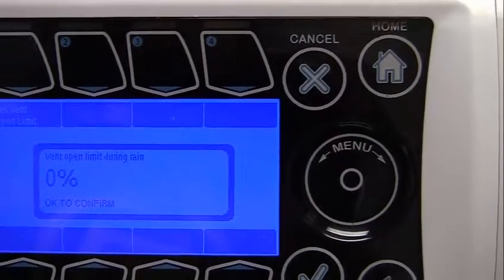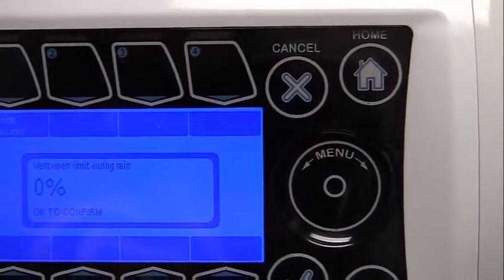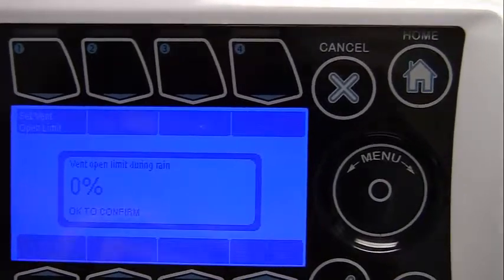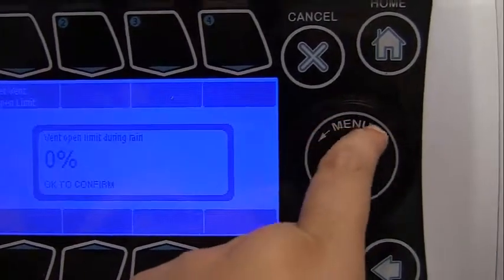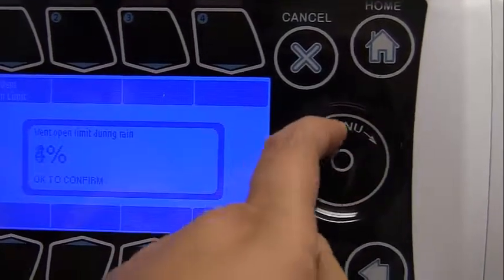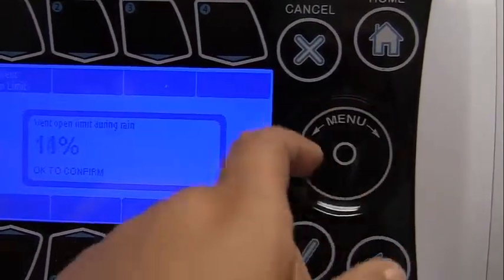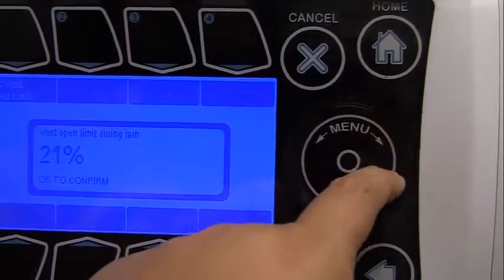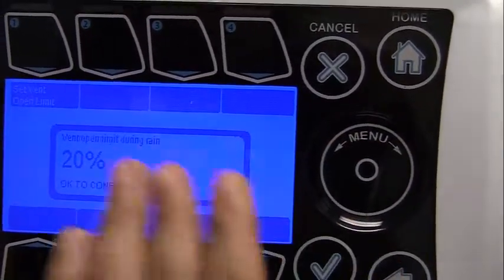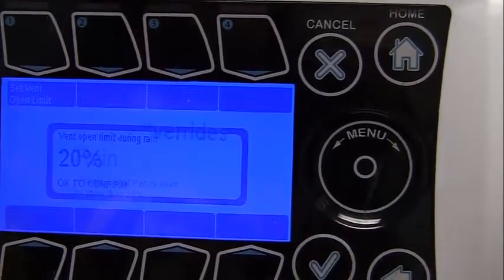But if you want to do it every 5-10 minutes for it to open up at certain percentages, you can do that. So for now, we're just going to put every 10 minutes, as what we had for our duration. We want the unit to open up 20%. So we're going to use the wheel to guide us there. So once that's set up, we're going to hit OK,